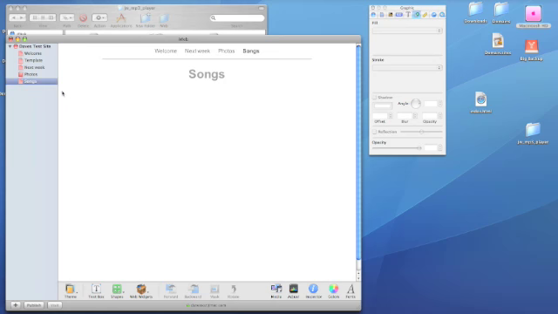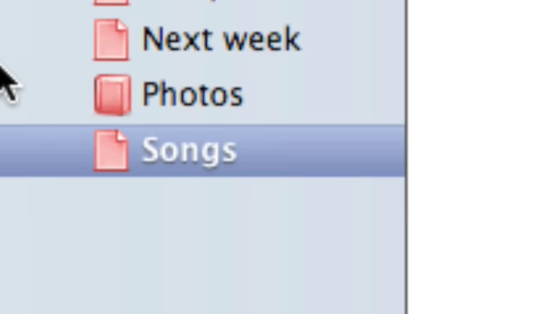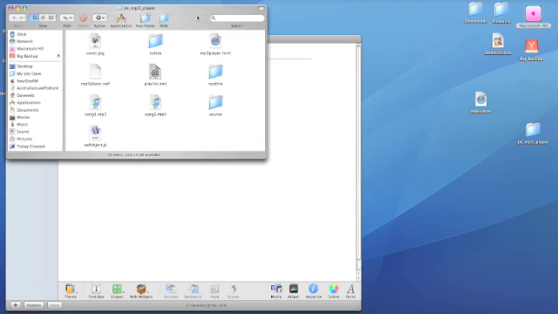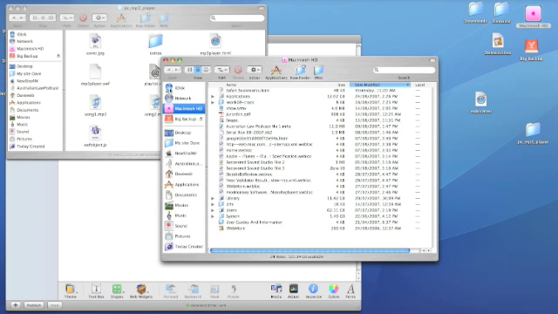Songs. So now, just to zoom in for you, Songs, and up the top it now appears as a menu item. Okay, and there. But we've now got to be able to put in a bit of HTML using a web snippet down here to make the HTML work. To make the HTML work, there's a couple of things we need to know about the way .Mac operates, and also about the way JavaScript operates. So we're going to go to